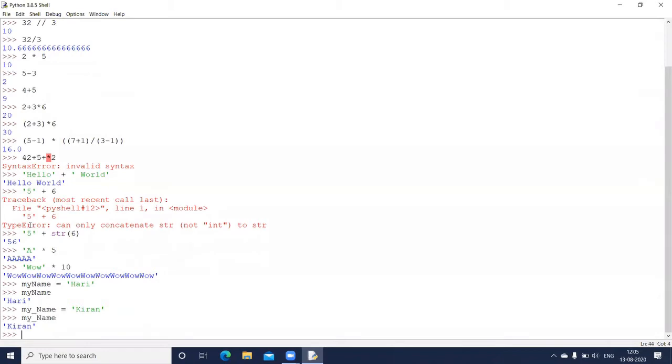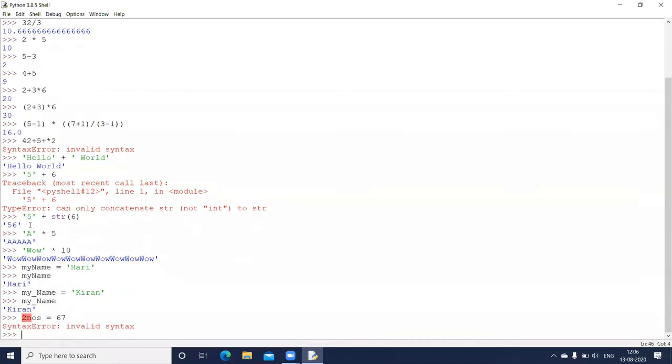Do not begin the name of a variable with a numerical value. For example, if I write 2NOs and I assign a number here, fine, I press enter, it will immediately give you an error. So remember, your variable names should be a single word.